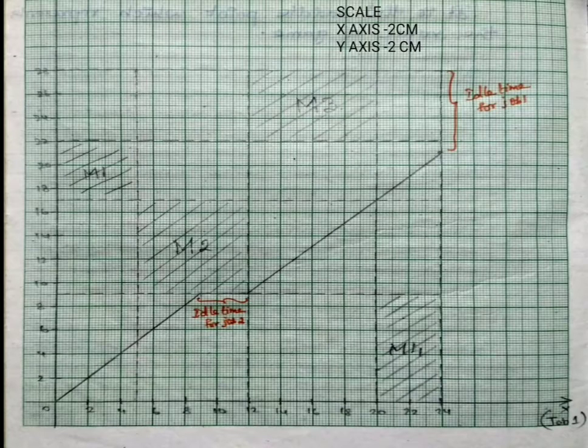So now we have to come to M3. For 12 and 20 you have to draw the line. Similarly for job 2, M3 means 22 to 28, you have to draw the line. So the intersection space is M3. Similarly we have to come to M4, 20 to 24. You have to draw the line for 20 to 24. For job 2 you have to draw the line for 0 to 9. So the intersection space is M4. You have to draw M1, M2, M3, M4 carefully.